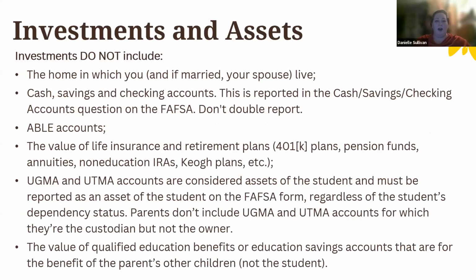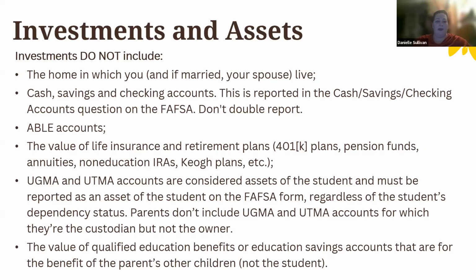So investments are not going to include the home that the student and parent live in, or the spouse if the student is married, their cash, savings and checking accounts, because remember, this question is already asked on the FAFSA. It asks for the balance of these accounts, so they don't want to double report it by including it in their investment net worth. Any ABLE accounts, the value of life insurance and retirement plans or pension funds and non-education